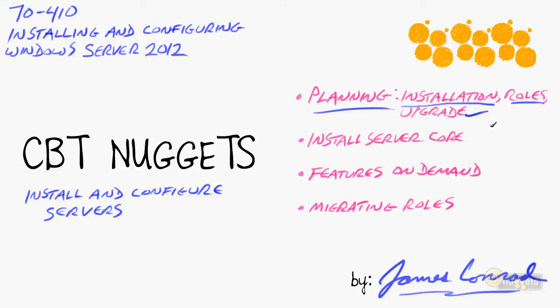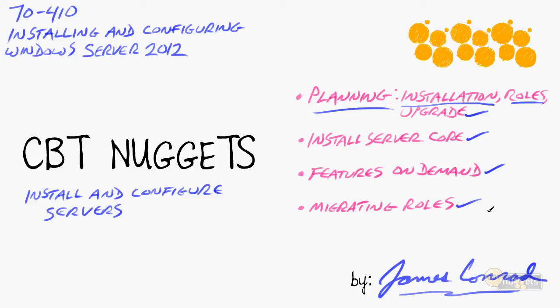We took a look at the upgrade process as well, but although that's really easy, you can only upgrade Windows Server 2008 or Server 2008 R2, and it has to be the 64-bit edition, because Server 2012 is only 64-bit. Also, we took a look at installing Server Core. Really not much different than installing the full graphical user interface. It's simply selecting Core at the beginning of the wizard. Also, we took a look at features on demand a little bit, and this is where we can remove the payload for certain things that we're not using. We're going to demonstrate that in an upcoming nugget, however.